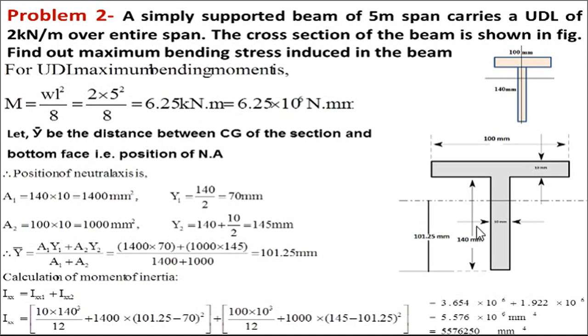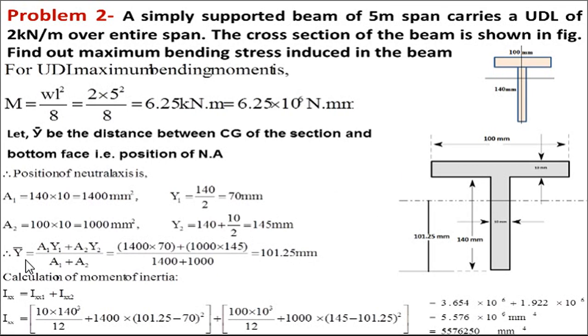Now, as the section is unsymmetrical, you need to calculate Y bar. Find out the center of the section so that you can decide sigma C and sigma T, that is YC and YT. So find out A1. A1 is 140 into 10, this portion is 1. Depth is 140, width is 10. A2 is this top flange, 100 into 10. Y1 means half of this 140 from bottom. And Y2 will be equal to this 140 plus half of the flange thickness, that is 5 mm, so it will be 145 mm.